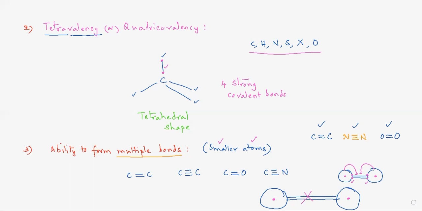Then what will the larger atoms do? Like I just gave you the structure of sulfur, they can form multiple single bonds, but not multiple bonds. Isn't it interesting? They can form a large number of single bonds, but not multiple bonds. Smaller atoms can form multiple bonds, but not the larger atoms, right? And even this ability to form multiple bonds is the reason why carbon is able to connect with different atoms, right? And one more.